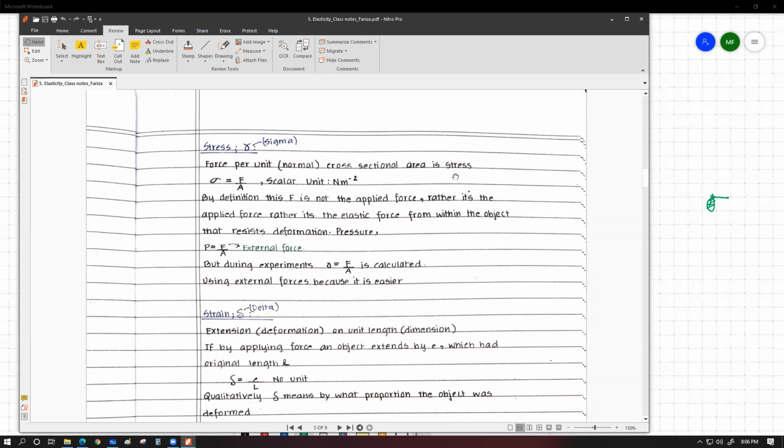Stress is given by force per unit area, normal cross sectional area stress. So this is given by force by area, scalar unit newton per meter square. By definition, this F is not the applied force, rather it is the applied